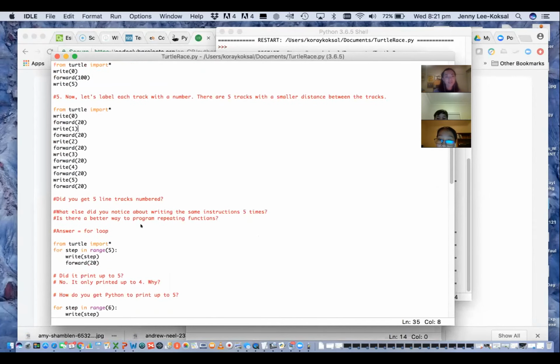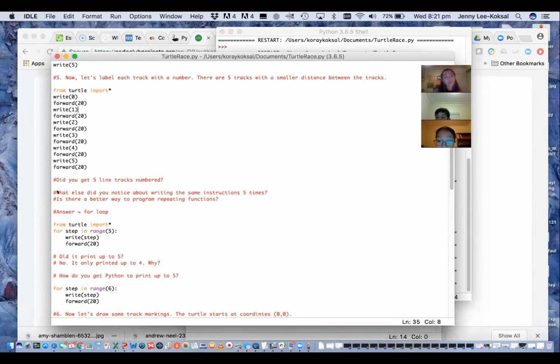All right. So now, what did you notice about programming this? We kind of had to do what all the time? We had to repeat the same instructions several times. And that meant we had to physically type out these program instructions a lot, okay? What is a better way of programming this? We put